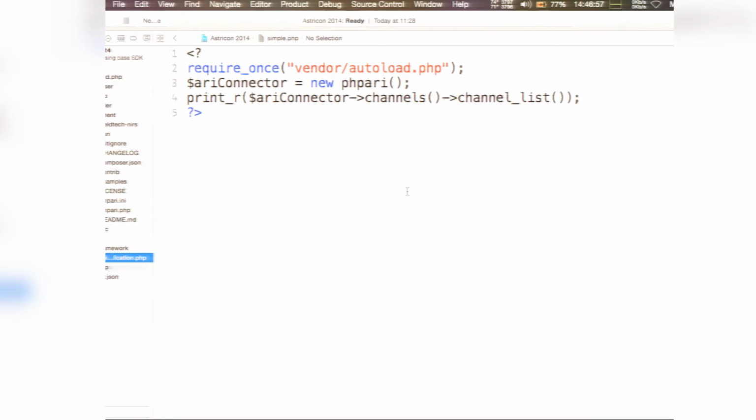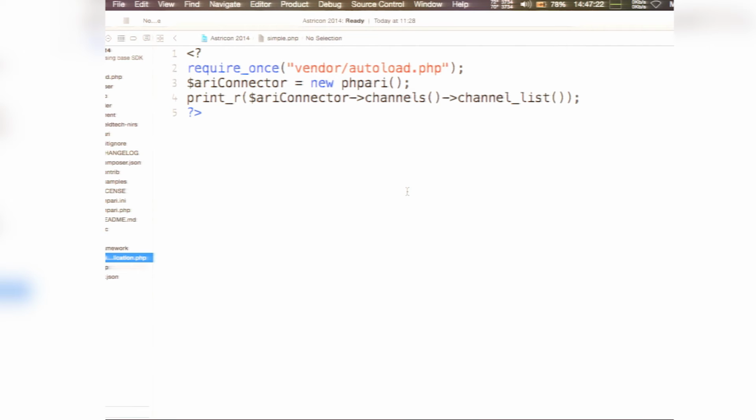Yeah, that was the other thing. Nia put together a PHPARI sandbox, which works, it's just got to go live onto the internet. It's like the Swift playground, where you can type out some code and see what it does in real time. It connects to a local Asterisk interface,